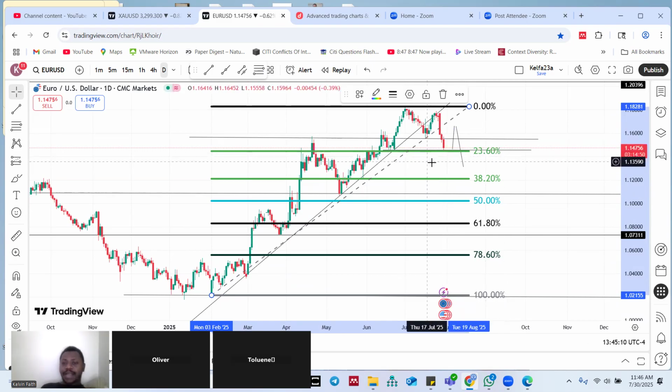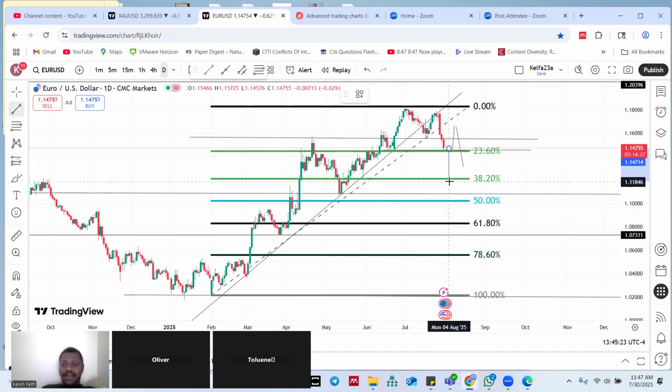If you are expecting a pullback, anytime price hits this 23.6%, if price is able to break this area, then the move is going to hold, whether it's a buy or a sell. So that's why I said around this area, we might expect price to break through